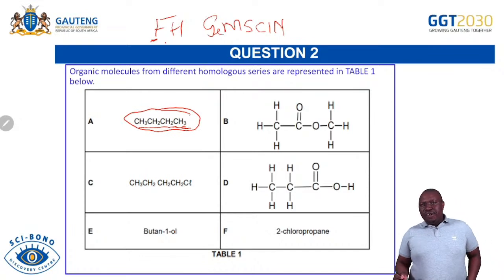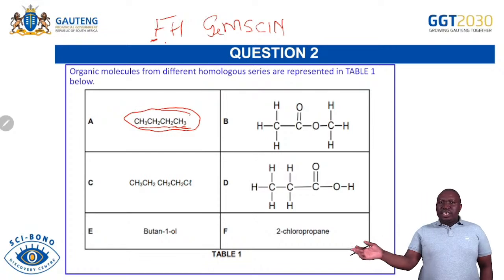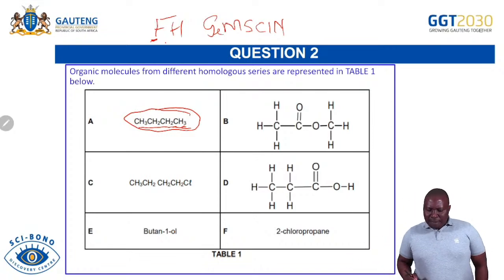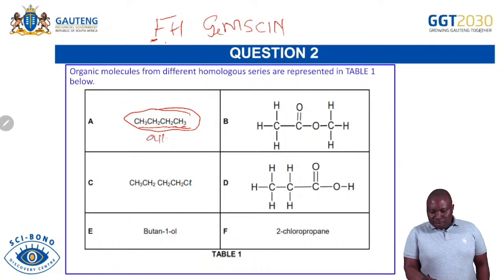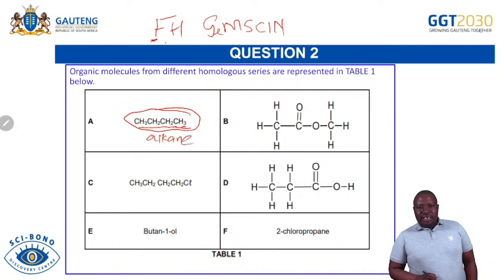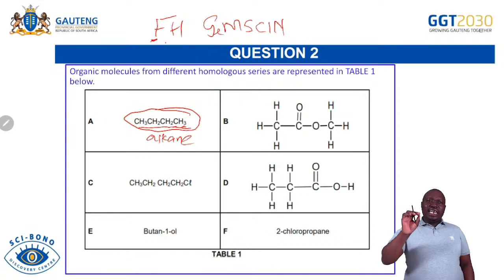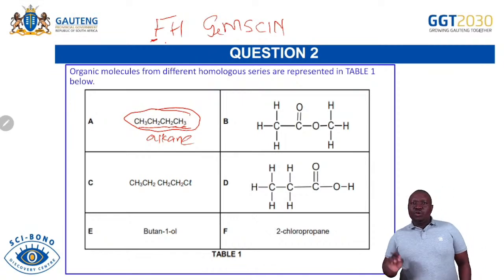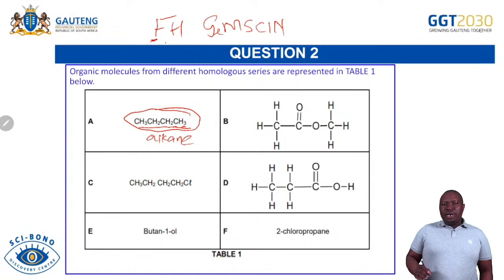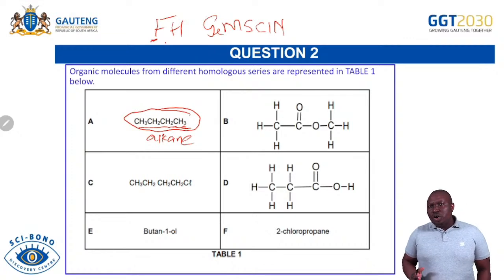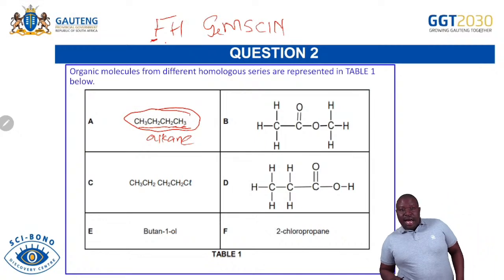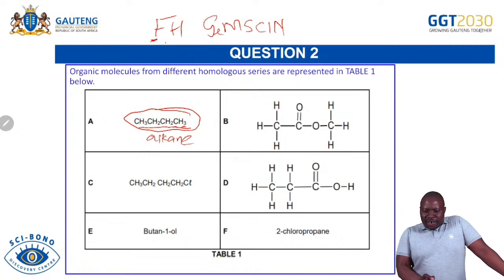Now you check the functional group there to say we only have carbons and hydrogens and single bonds amongst them. So you will know that this must be an alkane. So you're able to know that this is an alkane. How do you know that it is an alkane? There is maximum number of carbons and hydrogens. There is no hydrogen that has been replaced with something else. So you know that it's an alkane, it's a hydrocarbon, it has a single covalent bond between carbon atoms. So don't forget that.